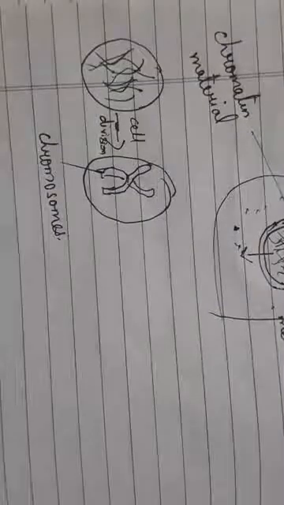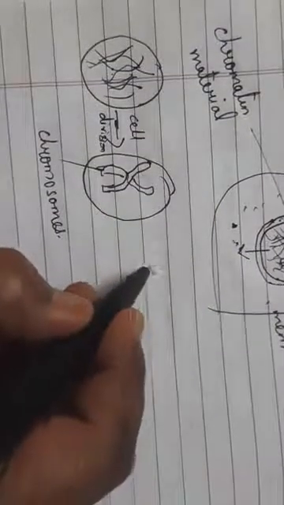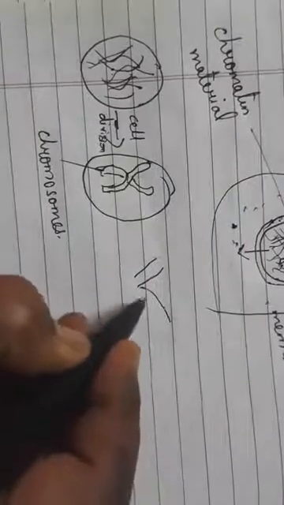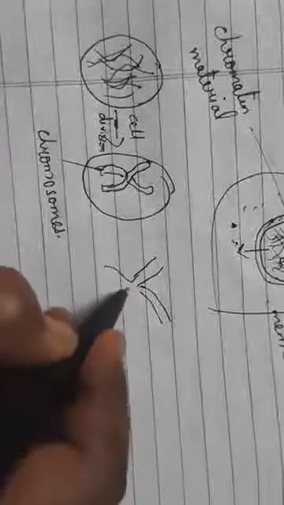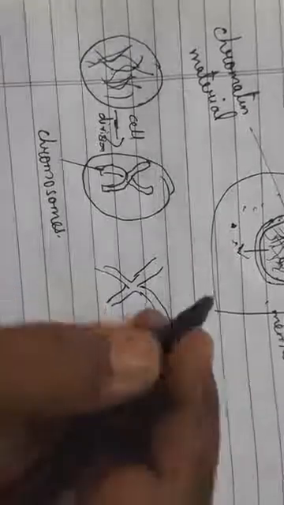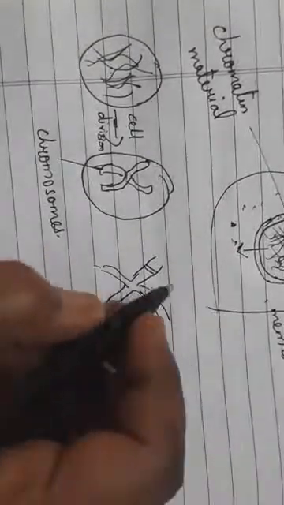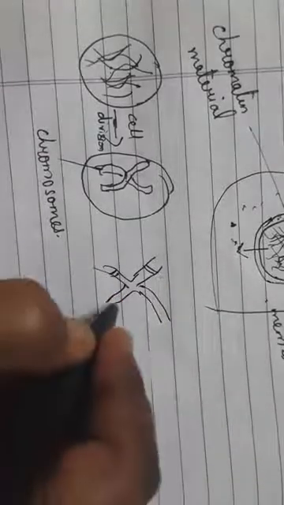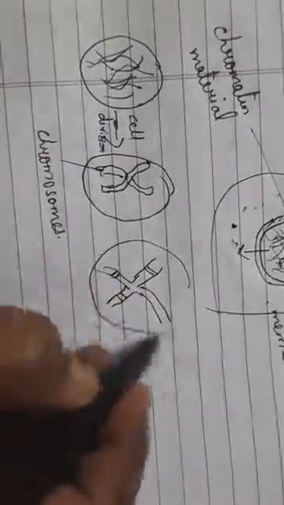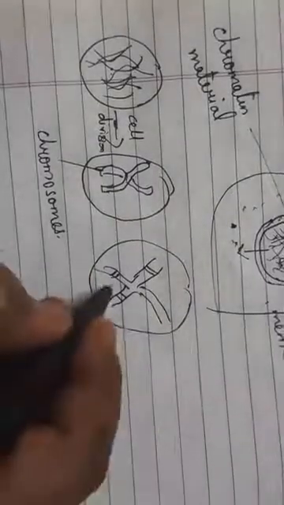Now if you look at these chromosomes, if you have a look through a microscope, you will see that there are again structures like this. Segments are present inside the chromosomes. And what are these structures called as? These structures are called as the genes. So that means chromosomes are made up of genes. Clear? Chromosomes are made up of genes.